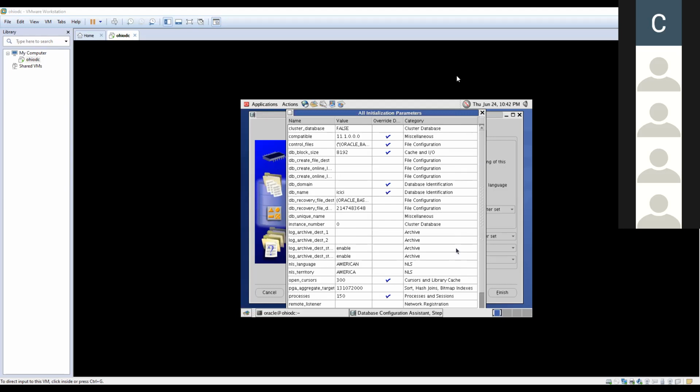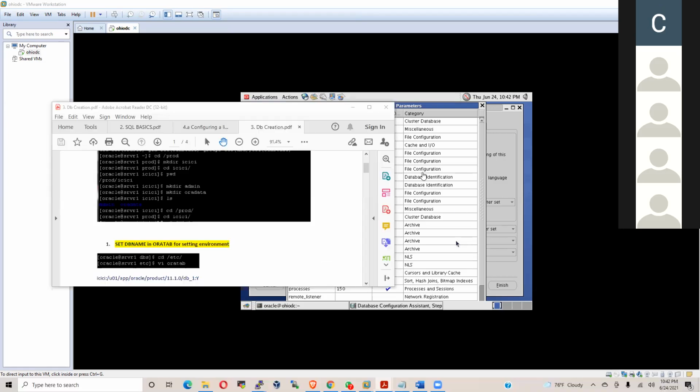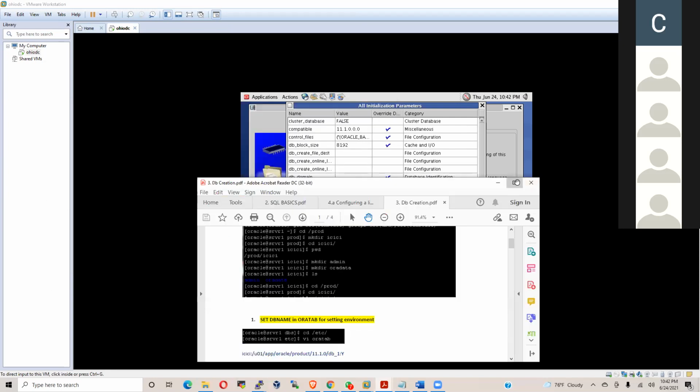Sir, are you opening, sir? Yeah, I'm right here. I opened it, but I'm not able to see because you have shared the screen only in one screen mode. It is not the full screen mode. You have shared only one screen, that is the VMware screen. So just stop sharing and share with full screen mode. Can you see now? Yeah, now I'm able to see. Yes, so maximize it.